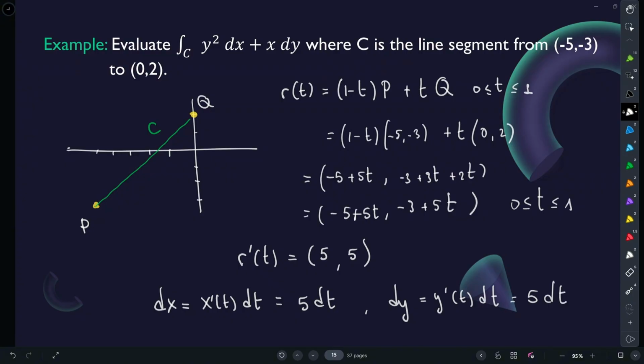Now I'm ready to transform my entire integral using all these elements. I can figure out what the formula is for the integral. Any questions on the parameterization? Yeah, you can do a different parameterization. Your parameterization might actually make things easier than what I just did, because I think the x coordinate is going to be easier. I'm using this parameterization because it works every time from a point P to a point Q. We're going to see in a moment, or